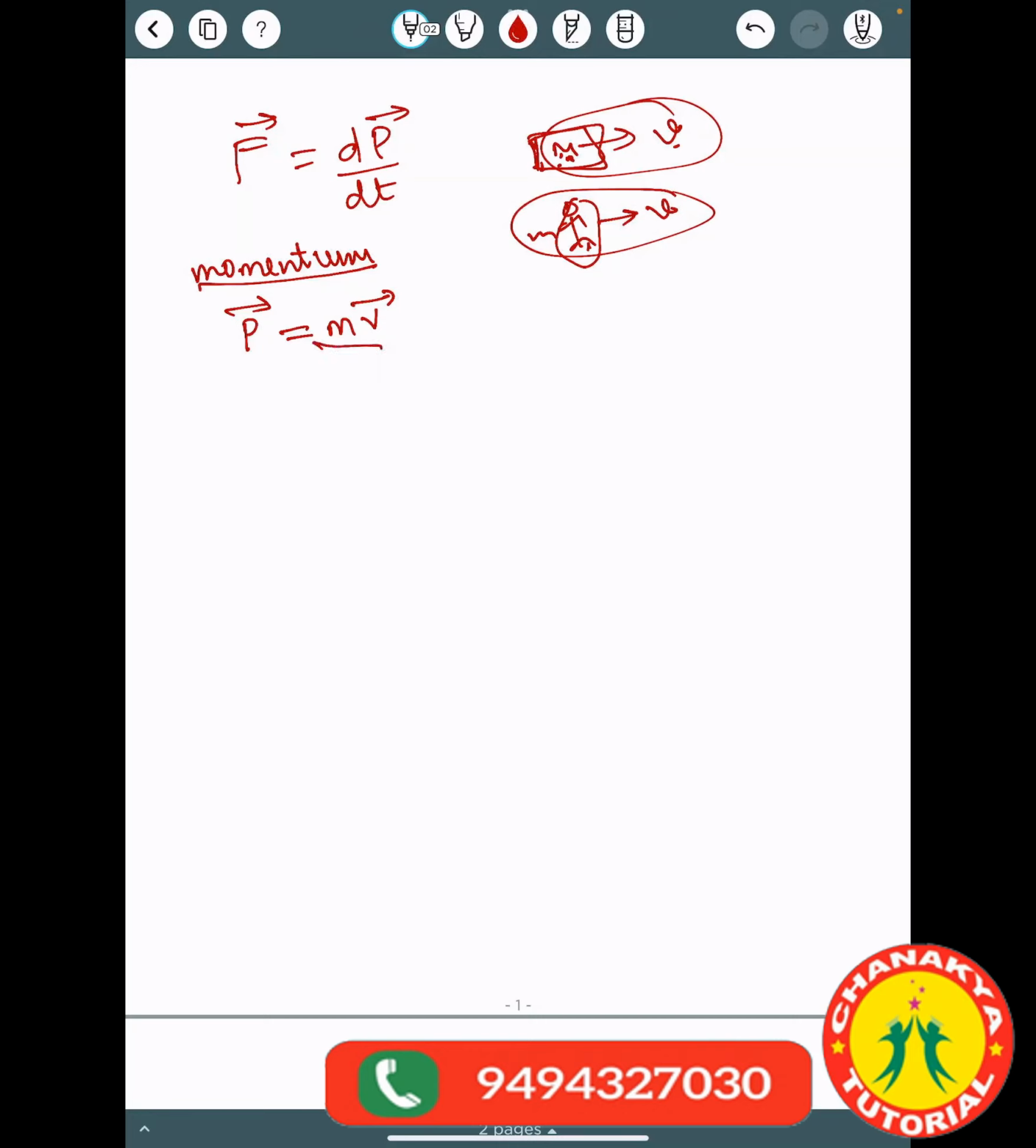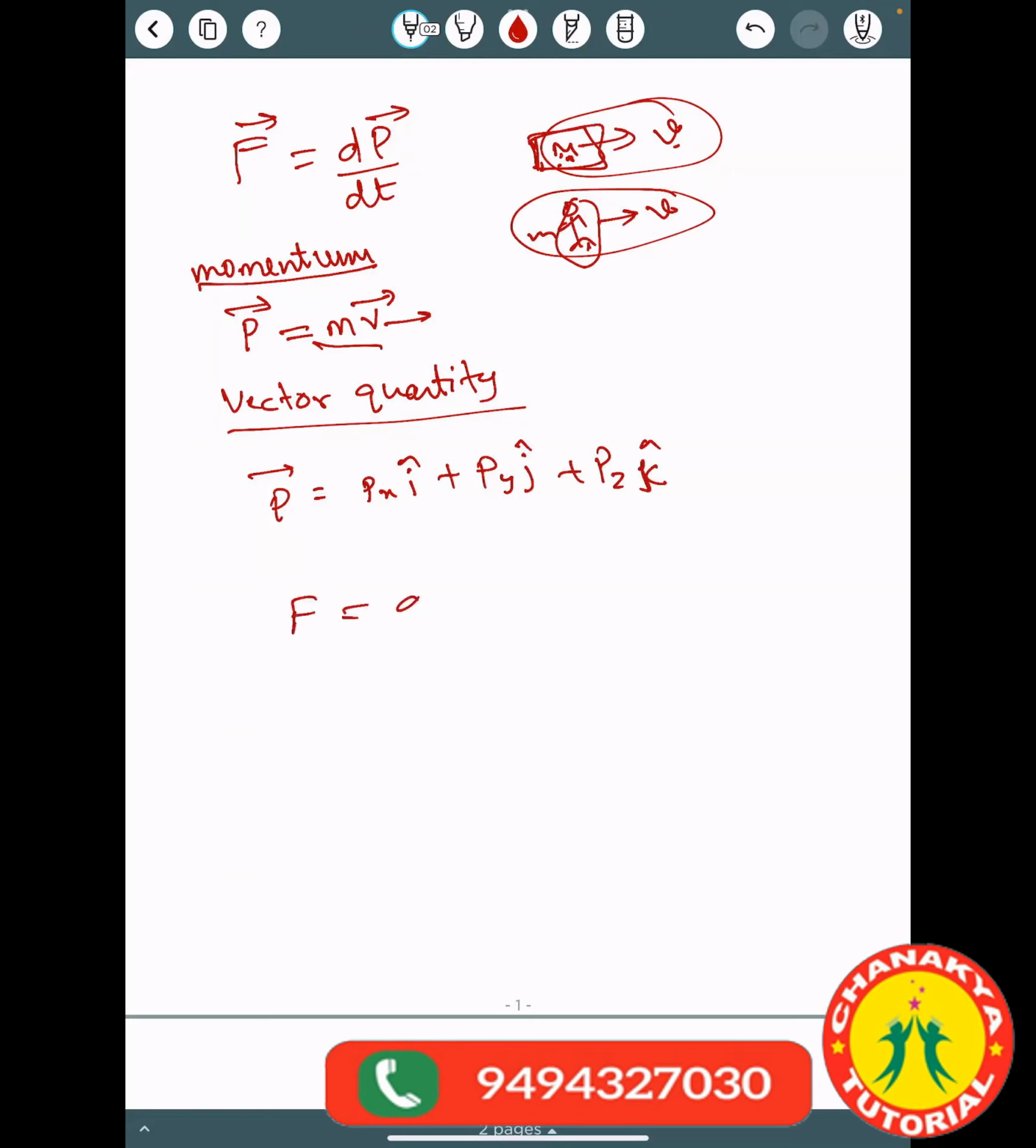Now again, this is a vector quantity. So you have to use vector laws whenever momentum comes. This momentum also has some x component, some y component, some z component. You can break it into x, y, and z. And the direction of the momentum is always along the velocity. Okay, guys. So now, as F is equal to dp/dt,